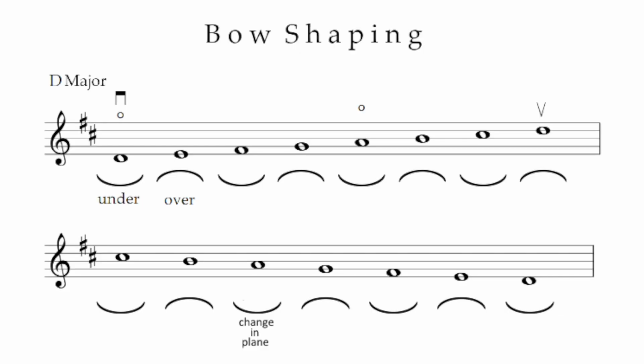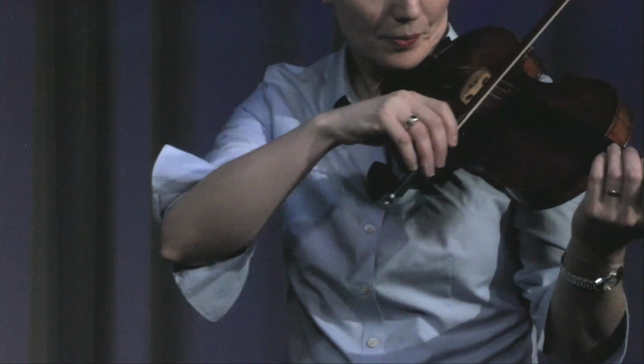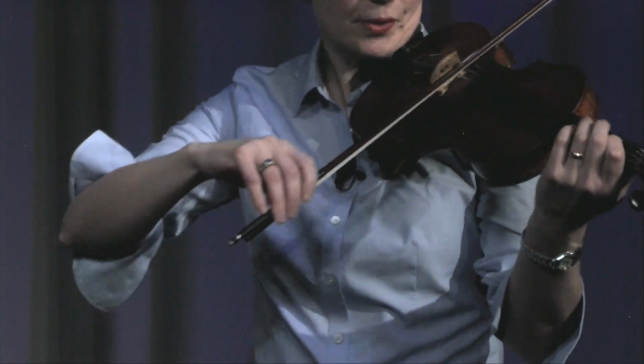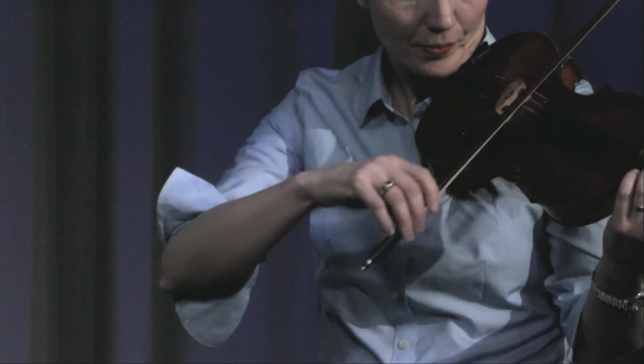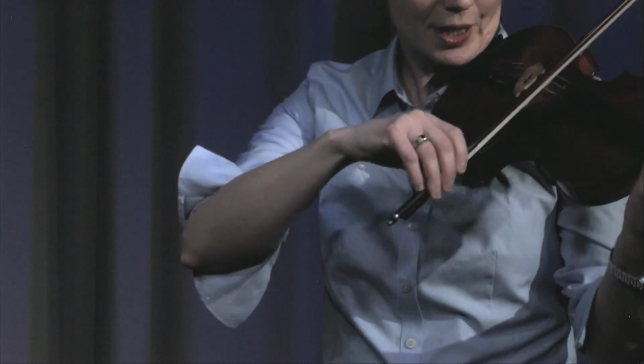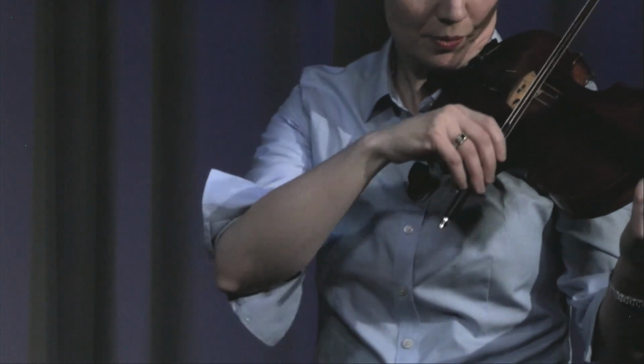If we take a 1-octave D major scale using the open strings, we can use the same under and over shaping, and it will work with the string crossings. Undershape, overshape, undershape, overshape that takes me across the string, undershape, overshape, undershape. If I do it without talking it through,